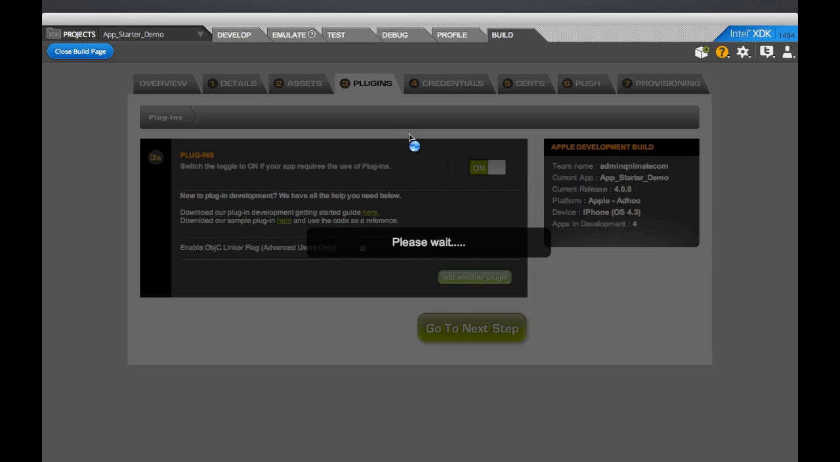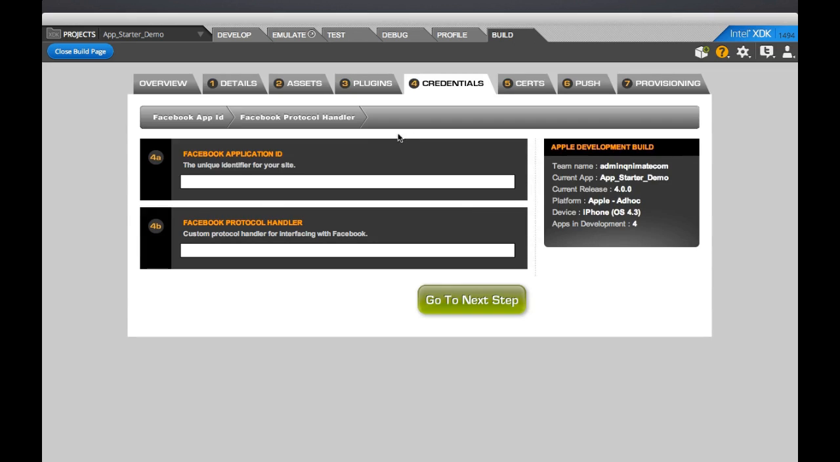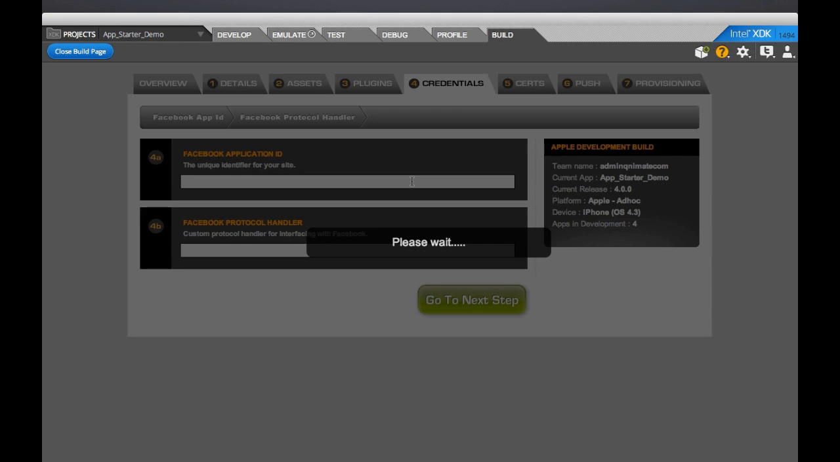And then you have to go into the credentials part. Here you are going to provide the information like Facebook application ID and Facebook protocol handler if you are using the Facebook web services in your app, but hardly many people use this, so I'm just going to skip this step. I'm going to get into the fifth step,